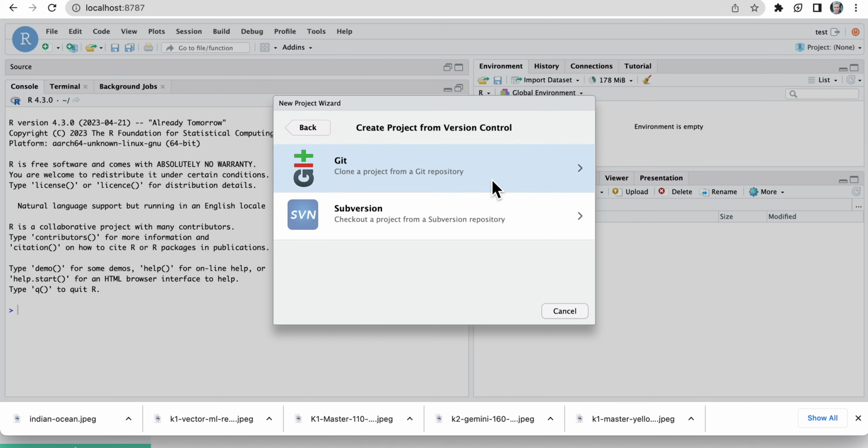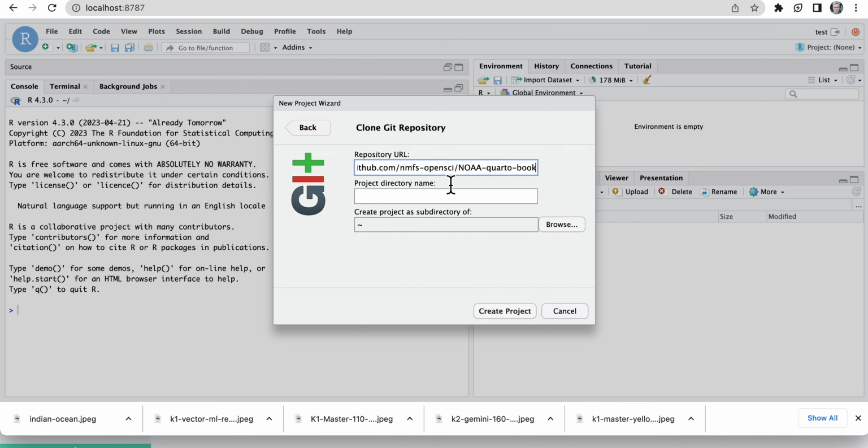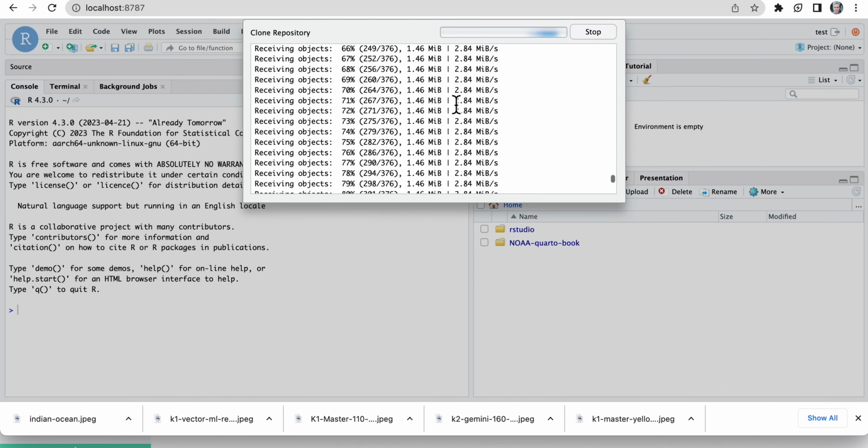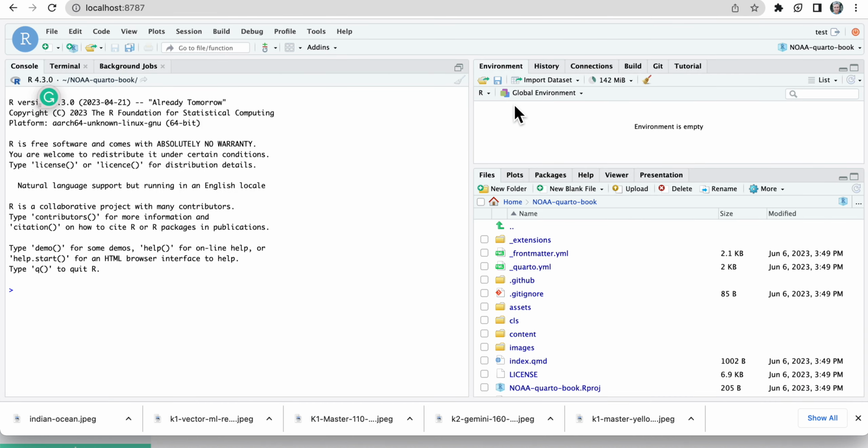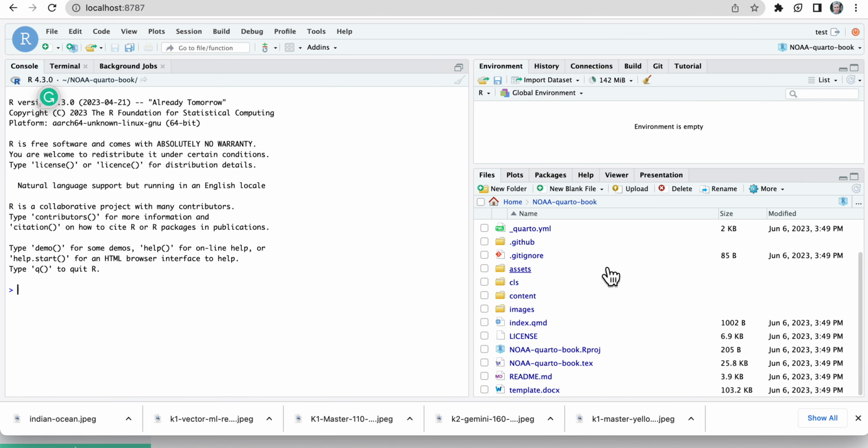from a Git repository. We're just going to use this one. It's something that's open source, so I can go ahead and create that. Clones it. Great. So I didn't have to do anything for this container to have Git. The Docker image already has that. So there I am. Okay, so I've got my files,